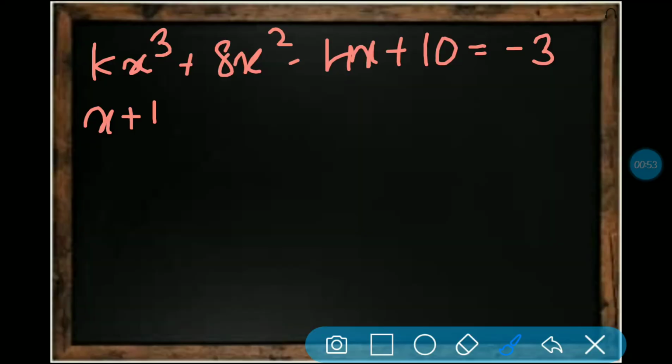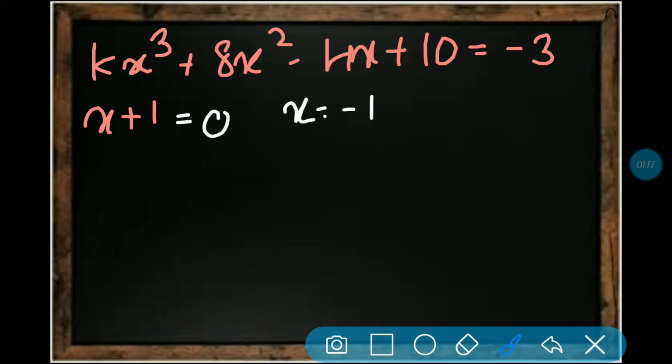Okay, so the given data is written on the board. Now we will see the solving. The divisor is x plus 1, that is g of x. We have to equate it to 0 as usual, same every time. So plus 1 goes to RHS and becomes minus 1. So x is equal to minus 1. Now wherever you find x in the equation, you will put minus 1 there.